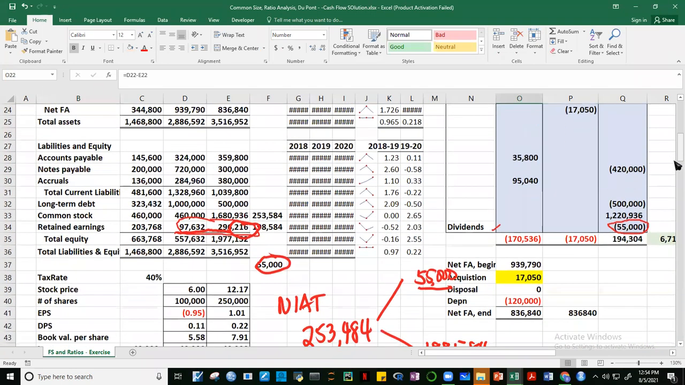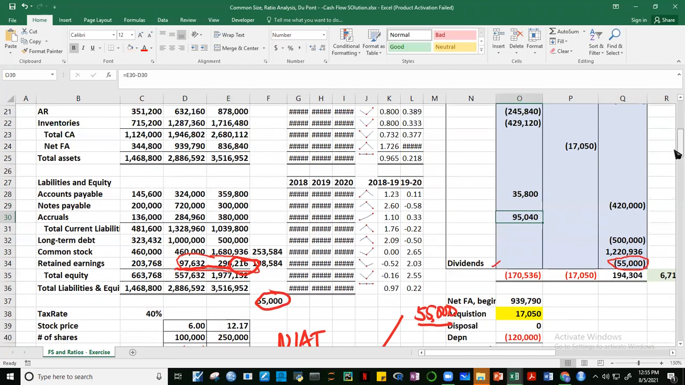Okay, for the liabilities and equity, when they increase, that's a source of cash. Accounts payable is operating. Notes payable, on the other hand, is financing. There was a decrease in notes payable, meaning we paid notes payable, so that's a use of cash. Accruals increased, source of cash. All right, and then